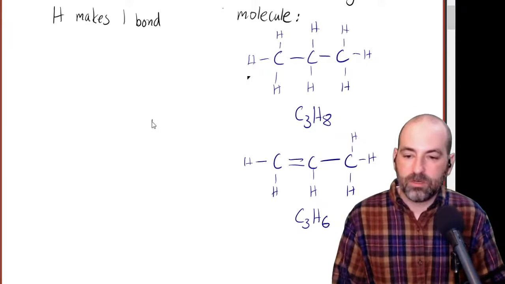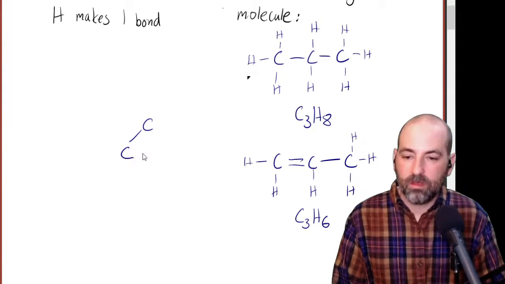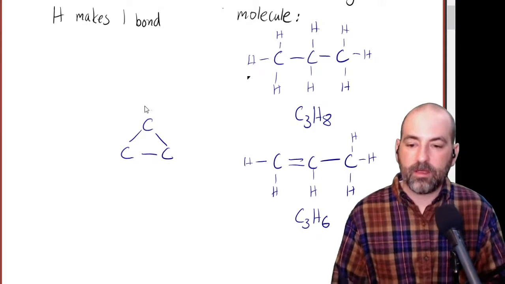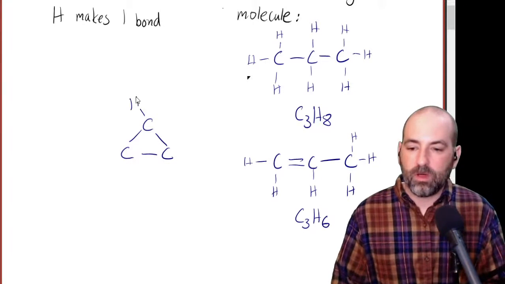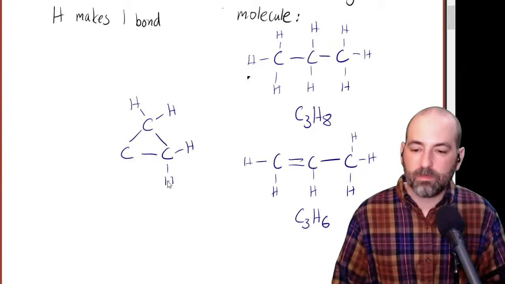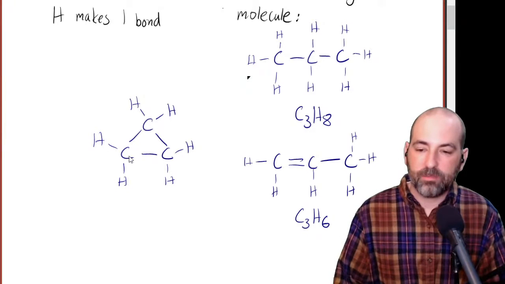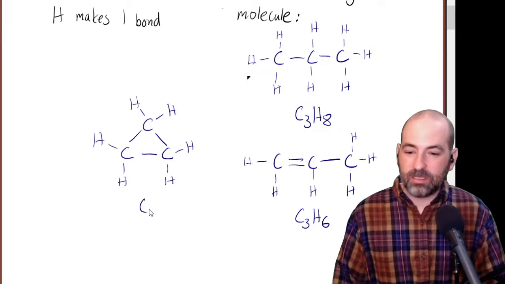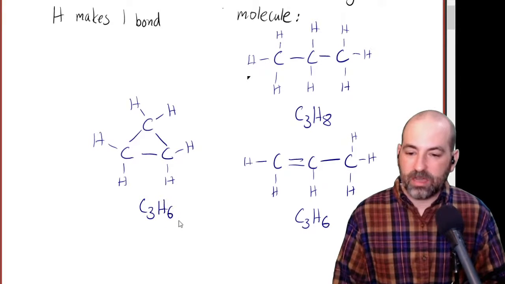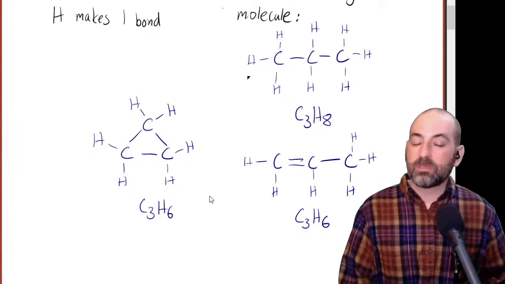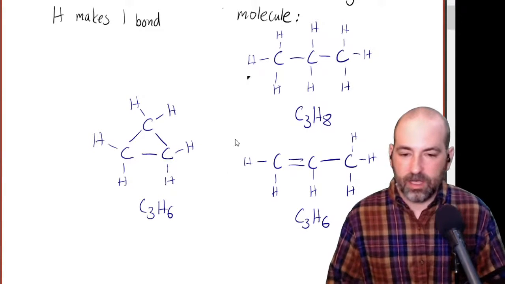Another one that we could do is this. We could actually connect those 3 carbons in a ring. And then if we think about what other things we need here, we still need 4 bonds for each carbon. So 4, 4, 4. And if we count that out, we get C3H6 for that as well. So these two actually have the same molecular formula. That makes them something called isomers that we'll get into a little bit later.